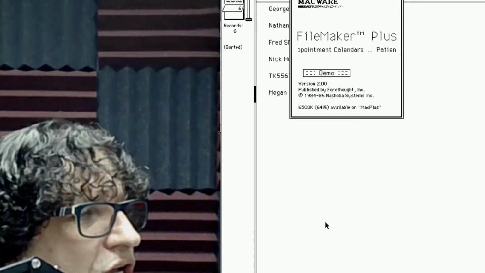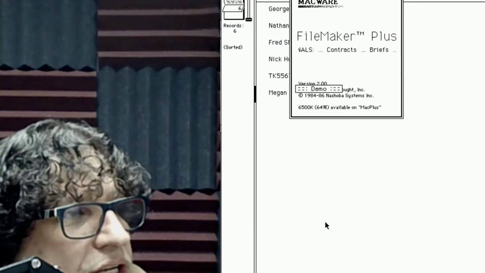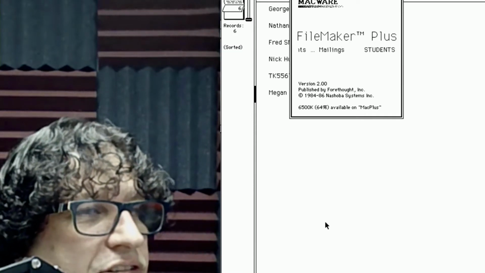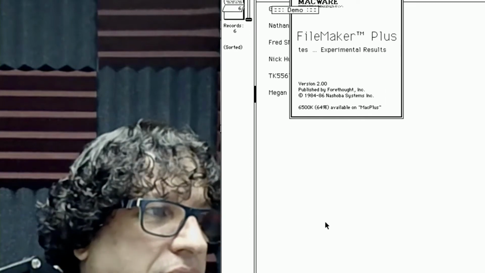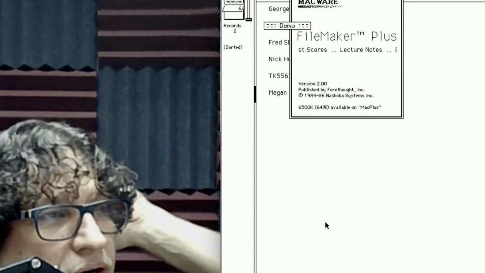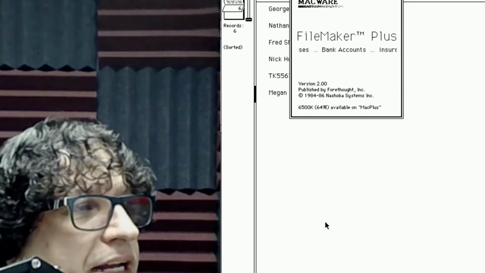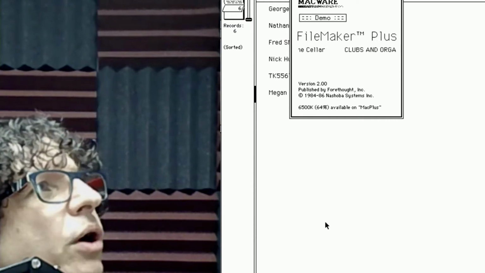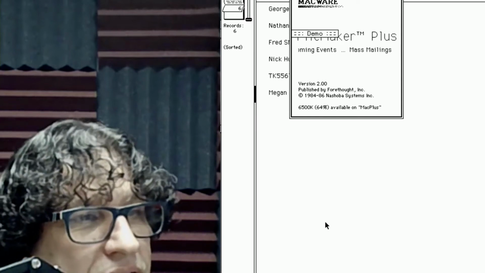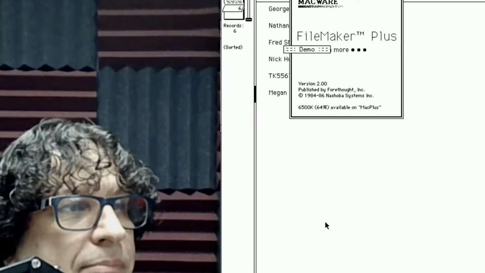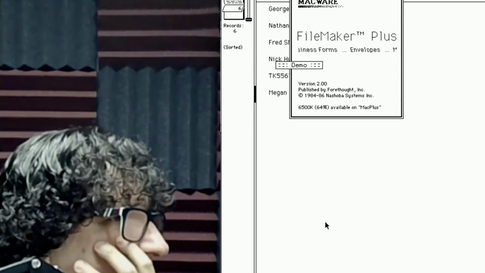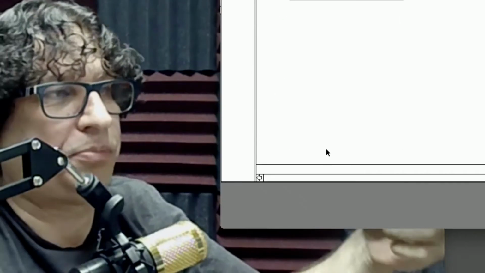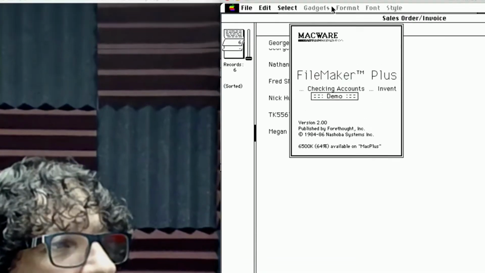They had all those utilities, the Now Utilities, the DiskDoubler. Macware was distributing software, because back in the day when you were an independent developer, Macware was pretty much the Apple Store, the App Store of the 80s. You wanted something, they were distributing the software, making the floppies, putting them in the box, because back in the day you needed a lot.